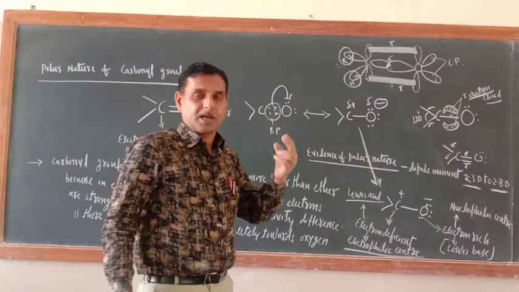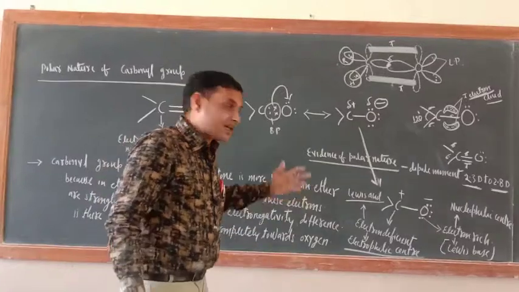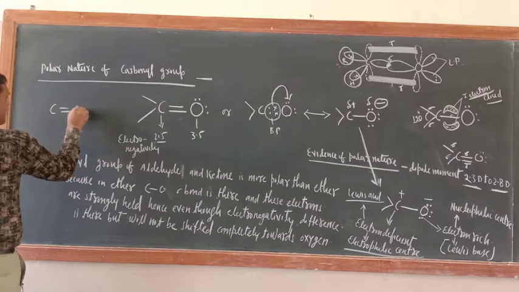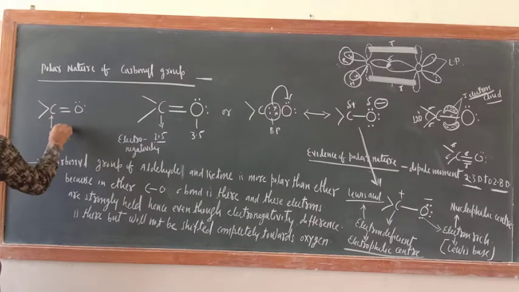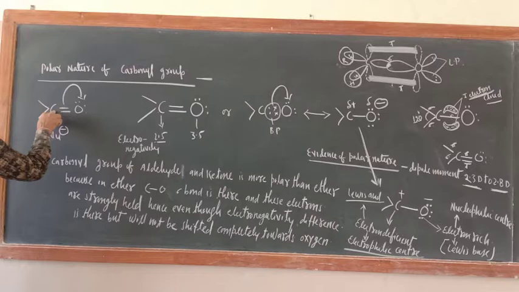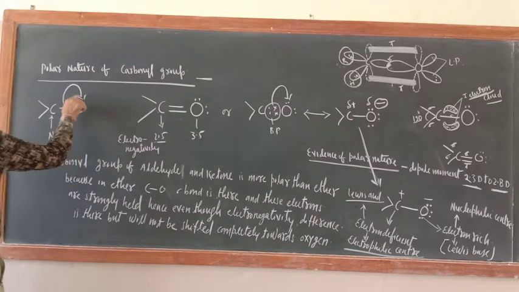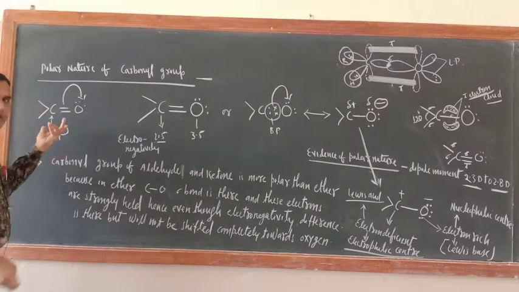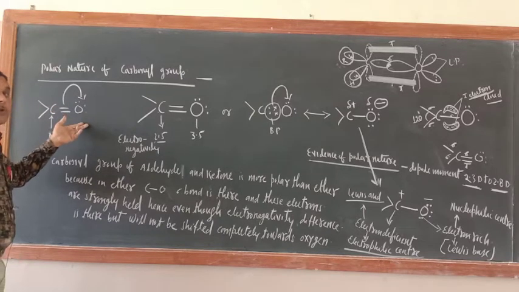Now if somebody is asking why the carbonyl carbon is undergoing nucleophilic reaction: nucleophilic reactions are of two types, one nucleophilic addition, the other nucleophilic substitution. Here a carbon-oxygen double bond is there, and when a nucleophile attacks here, the moment it attacks, this bond will be shifted this side. When this bond is shifted, nobody is replaced, only internal arrangement is there. So nucleophilic addition would be there,